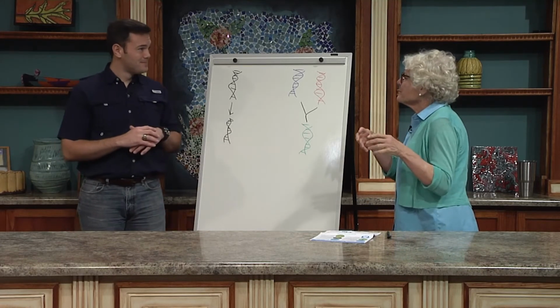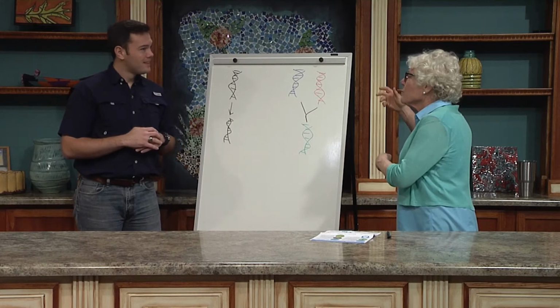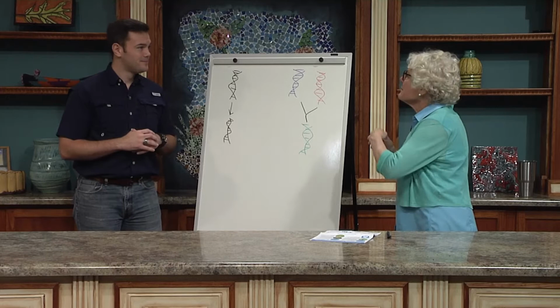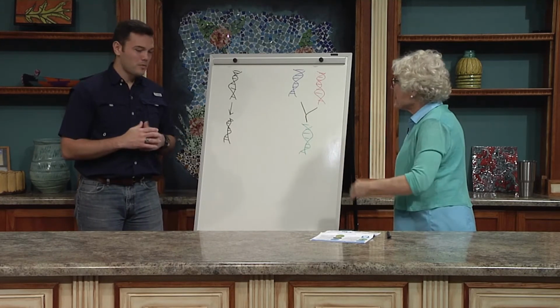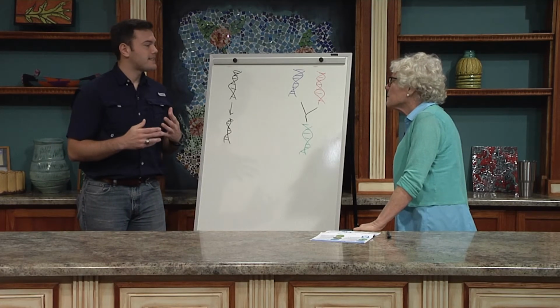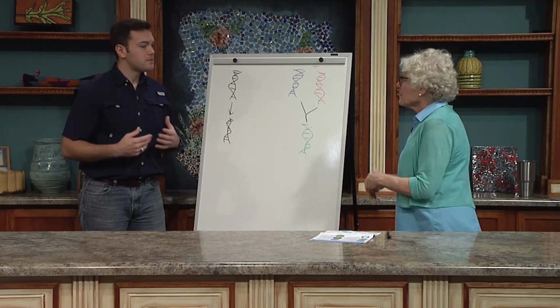So if one year there's a drought, some of the plants are going to be more adapted to staying alive. And if you have a wet year, some of the plants might have more adaptations that let them live through wet seasons. And so you get those adaptations through sexual reproduction, and that's the variety that helps a species survive.